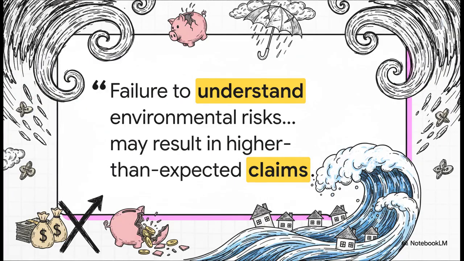Now, this quote right from the SASB topic summary perfectly captures why investors care so deeply about these numbers. Mispricing this risk destroys capital. It's really that simple. If your models are wrong, or if you just aren't charging enough premium to cover that 1-in-100-year event we talked about earlier, a single bad storm season can wipe out years of profit.